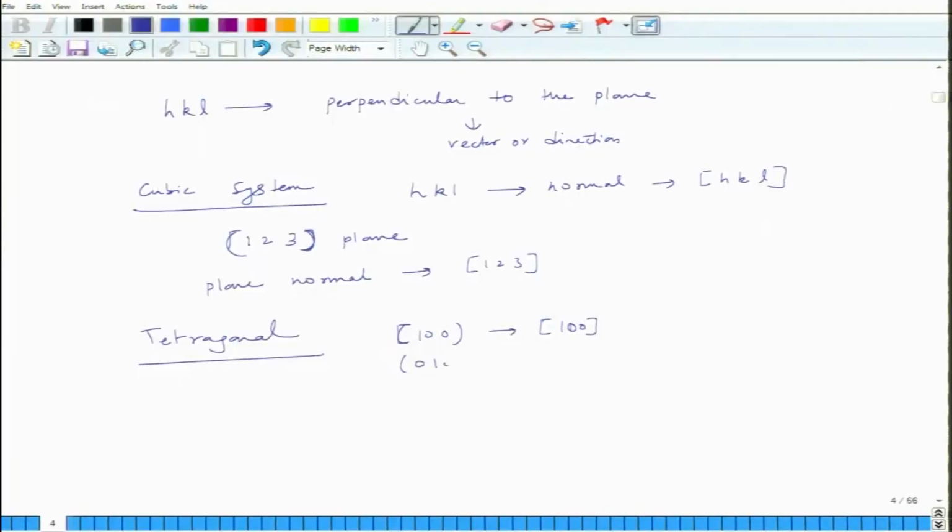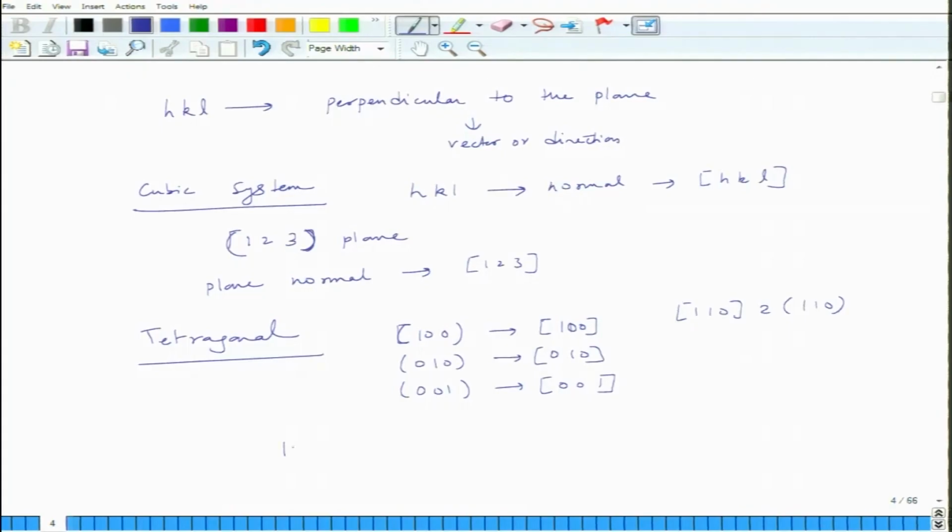So, they are fine. 0 1 0 and 0 1 0 are fine. 0 0 1 and 0 0 1 are fine. 1 1 0 and 1 1 0 are fine,